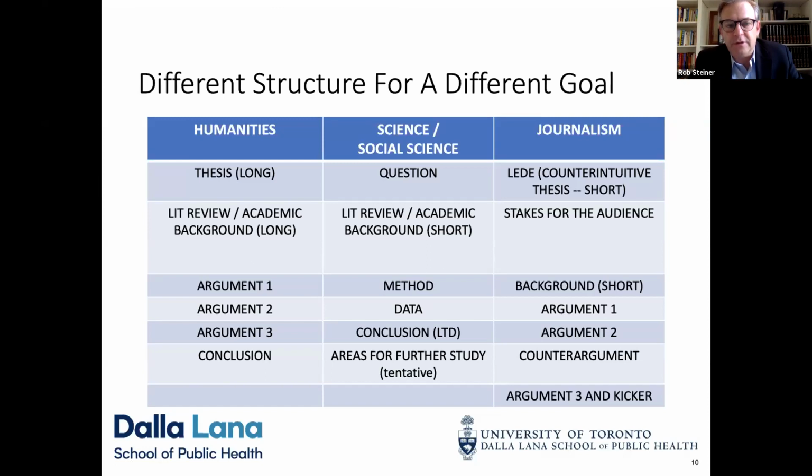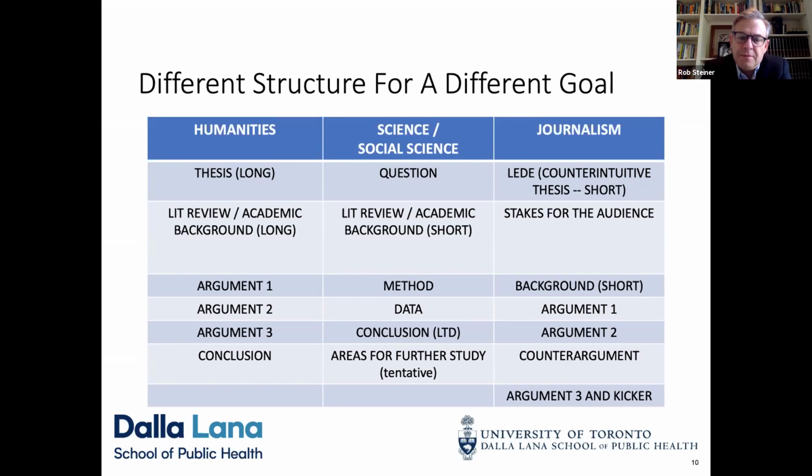And now I'm very exposed to the literature and the sciences, that there are obviously very formal structures in these literatures. They're changing now, I recognize that, but there are some formal structures in these literatures that exist for particular reasons. We'll focus on the science and social science structure rather than the humanities one, because I took a quick look at the disciplines from which people are coming, and I think that's the most relevant. And the reason I'm putting this up is because I want to map onto that traditional structure the very different structure of journalism, that journalism has in order to achieve a different goal.